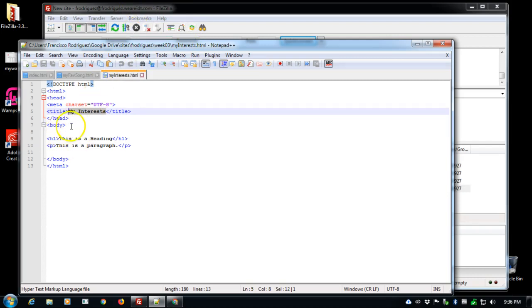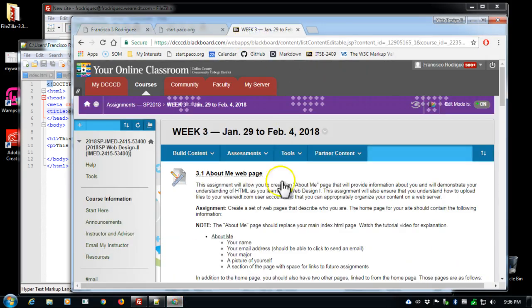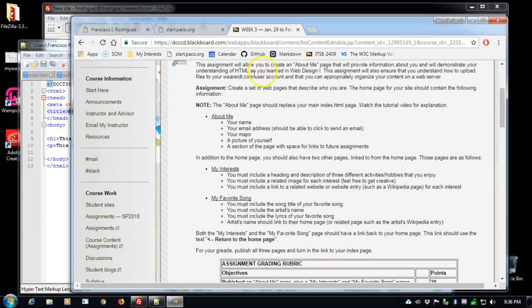And I already have copied the basic structure for this site. I did ask in the original assignment that your About Me page, which we've already done, should have your name, email address, etc., and a picture of yourself.